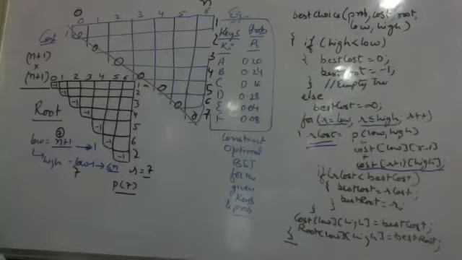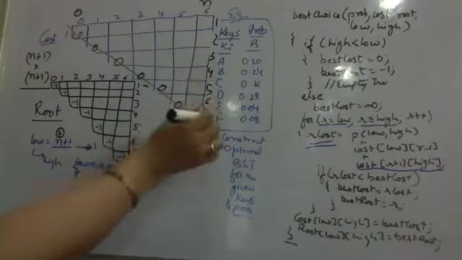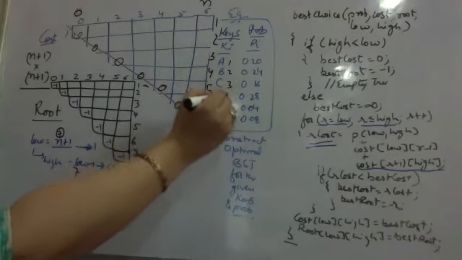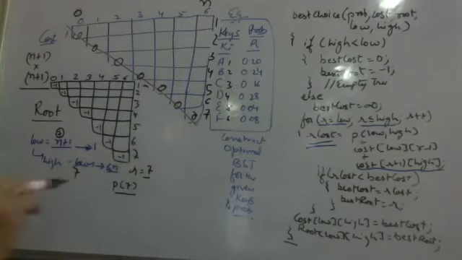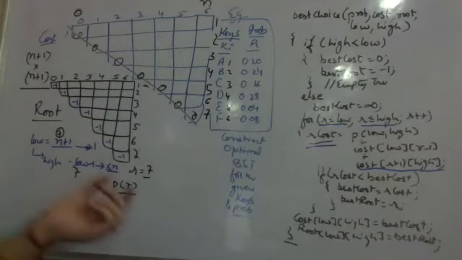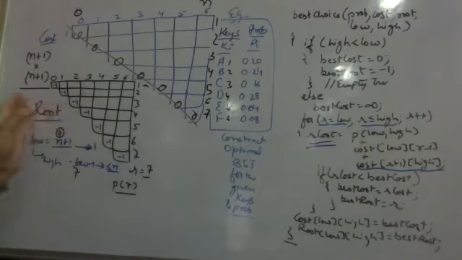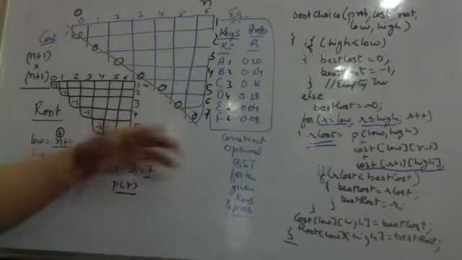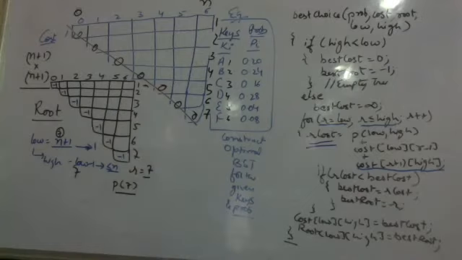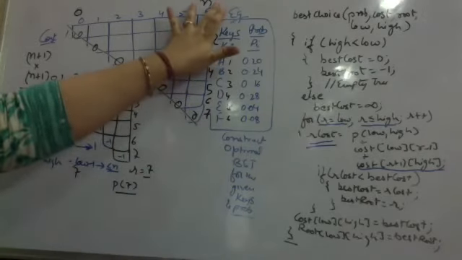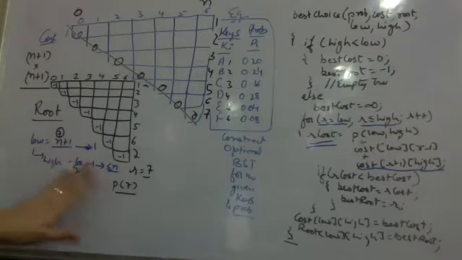Ma'am, it's 0.08. 0.08 is the probability of not 7 but 6. There are 6 keys: A, B, C, D, E, F. Understand? When I'm trying to fill, this is 7th row, 7th column, which is lying below the main diagonal. I'm not interested. The 7th row, 7th column does not exist, since it runs only up to n. Pay attention to this. So this will not be calculated.